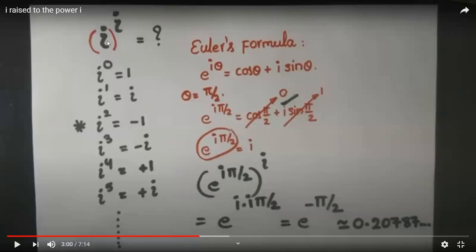See, actually, this i, whatever i you have, I can write i like this. Yes or not? e power i pi by 2. Agree? Because e power i pi by 2 means cos pi by 2 plus i sin pi by 2. So cos pi by 2 means 0, sin pi by 2 is 1. So therefore this becomes i, and it is i power i, e power i pi by 2 power i. So now I can multiply these two. So I have e power i square. So i square is minus 1, so e power minus pi by 2. Now pi is 3.14, so e power minus 3.14 by 2 is this one, 0.207.